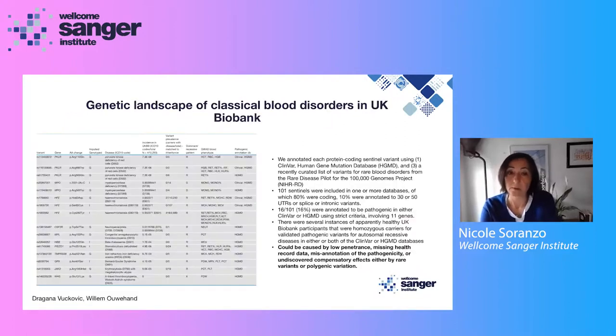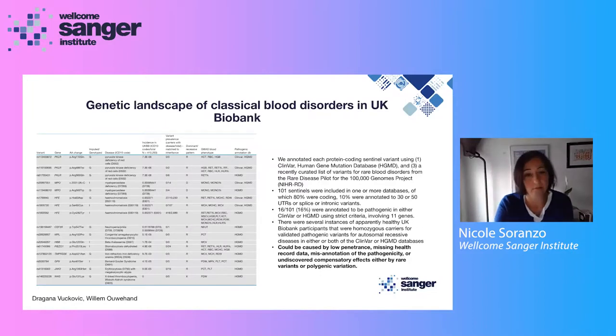We can then ask whether these polygenic risk scores modify or influence the risk of diseases. To do that, we first of all characterize the genetic landscape of, in the case of rare disorders, classical blood disorders in the UK Biobank. This is really work driven by Dragan Abukovic together with Willem Overhand. And so we classified the